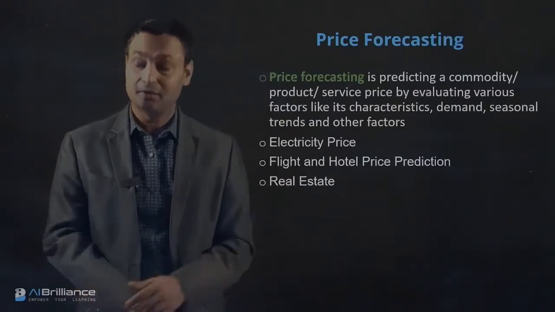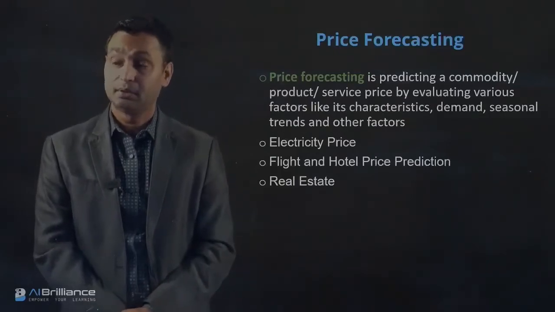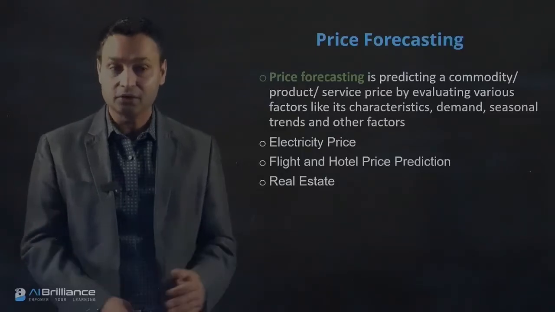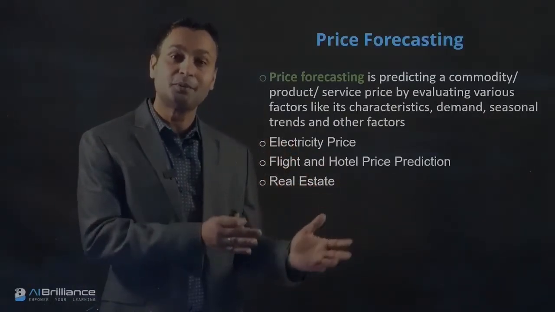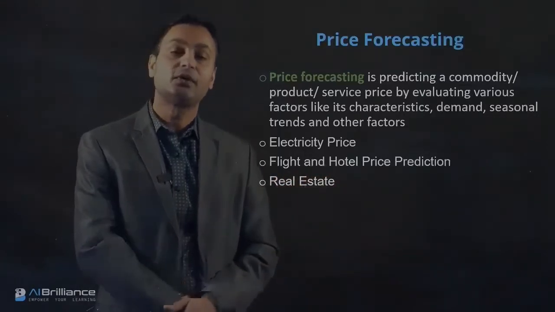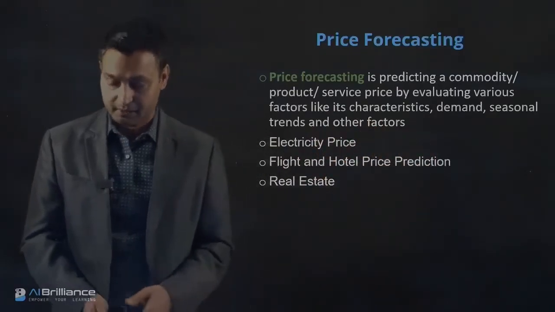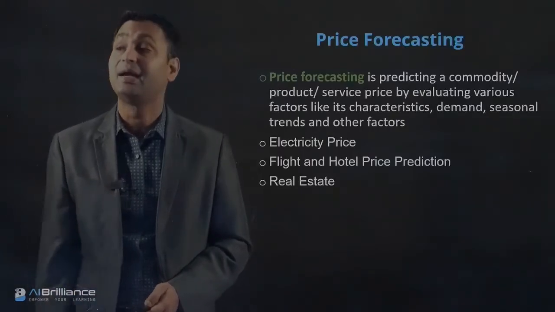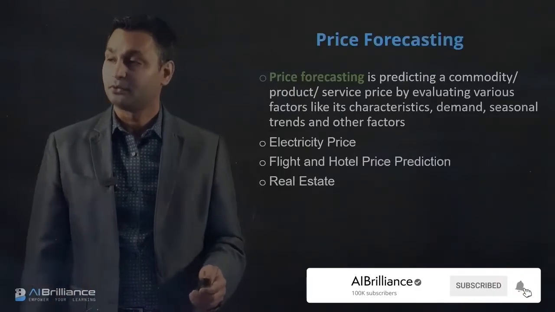Recently one of the companies here, Zillow, and I will talk about that company in a little bit, essentially used its price forecasting algorithm to buy houses from consumers. They said our algorithm is predicting this price, and if you like it, we will buy your house and give you cash. So people are using this kind of price forecasting, which is a very good class of problems for RNN type of architecture. If you have a large amount of data, which some of these websites and companies have, then they can probably use a modified version of RNN to do this price forecasting.